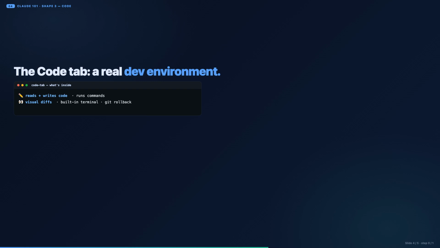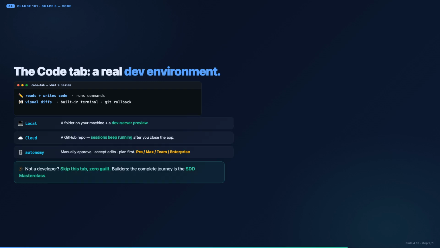Shape 3. The code tab. This is a genuine development environment. Claude reads and writes code, runs commands, shows visual diffs, carries a built-in terminal, and Git rollback covers you when something breaks. Work local, a folder on your machine with a dev server preview, or Cloud on a GitHub repo